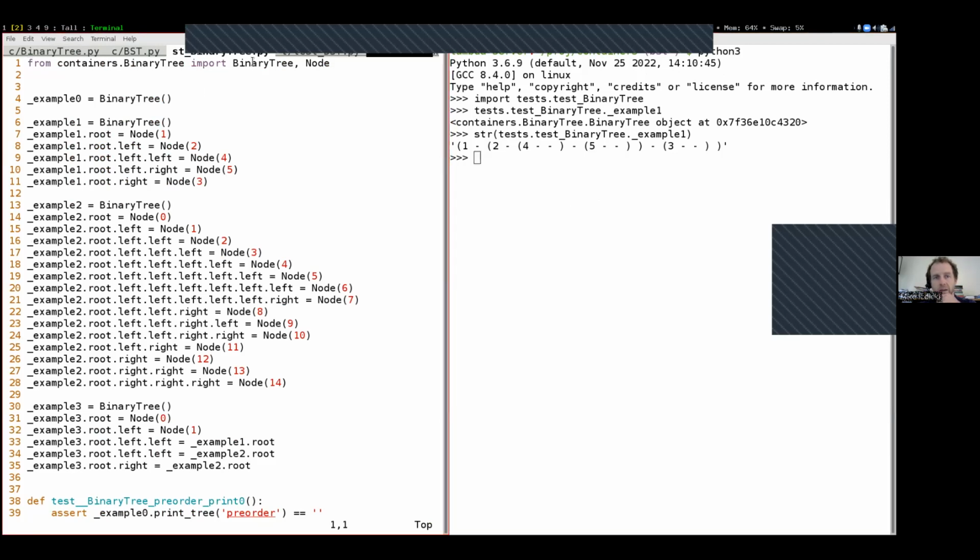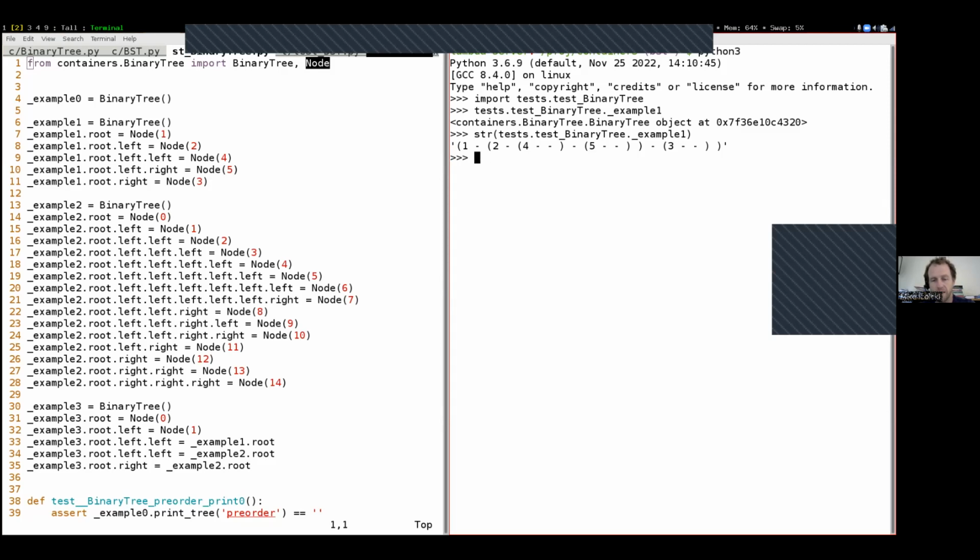You'll see that in the binary tree file up here, it's actually importing the binary tree and the node classes for us automatically. And so as soon as I import this right here,